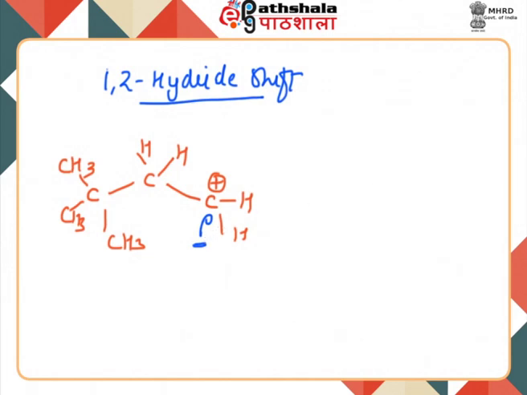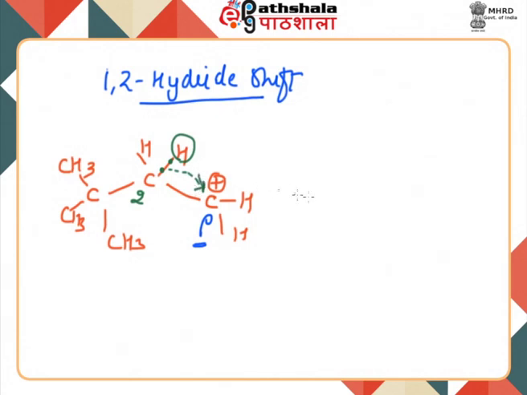Now, this carbon which has the plus charge is electron deficient, as you are aware, and if we say this is the one position, then this is the second position, and for the substituents at the second position, let us consider this hydrogen, the electrons between this carbon and hydrogen will be attracted